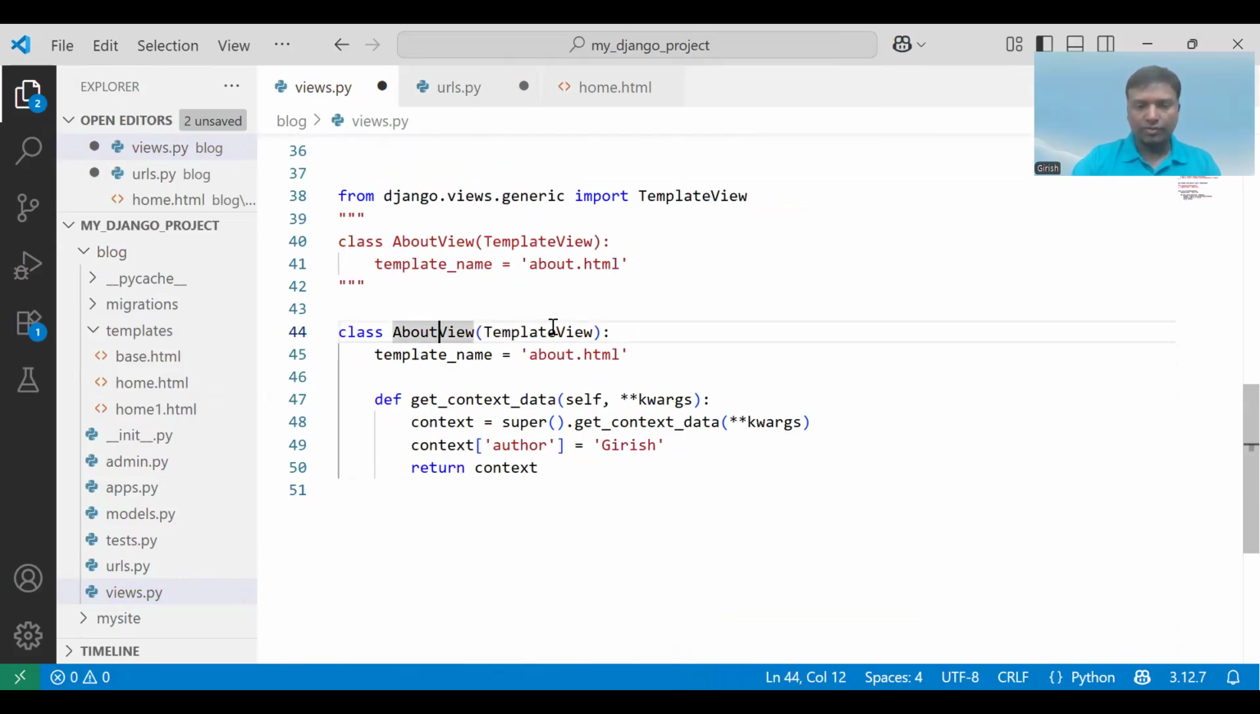So class AboutView, TemplateView, and now the template I'm passing, and I'm writing def get_context_data, self and keyword arguments, and then context = super().get_context_data with the keyword arguments, and author I'm passing, returning that particular context. So here in about.html, what happens? Whatever data we are trying to fetch, for example, author. So if I say like this in about.html,